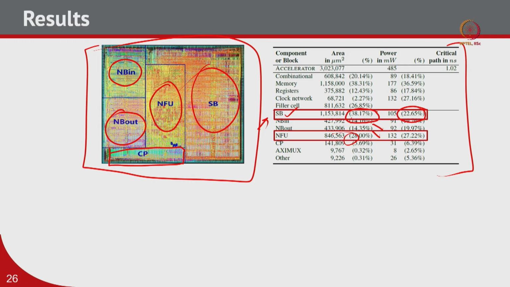Now, here the main takeaway is, we can all think that all these machine learning algorithms have too many computations. So, we need a better processor or better computing unit. Yes, we need a better computing unit. The computing unit here is the NFU, right, that is actually performing the computation. But then if you see area-wise, buffers are taking much more area than the computation, correct. So, in total all the buffers are taking like 70% of the total area, which is huge,